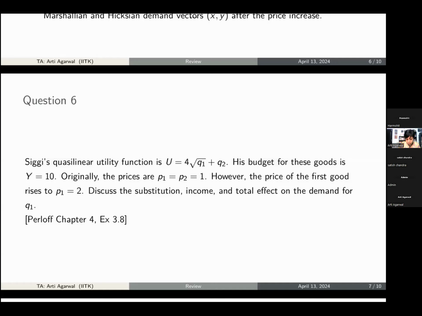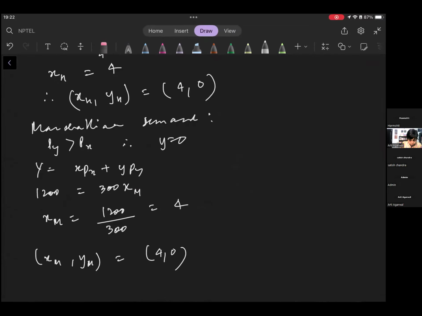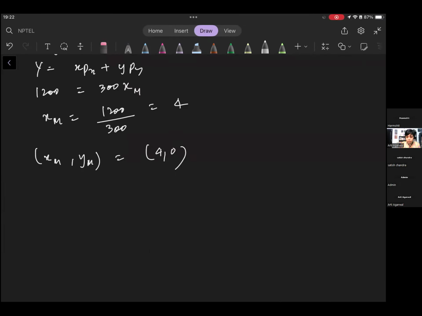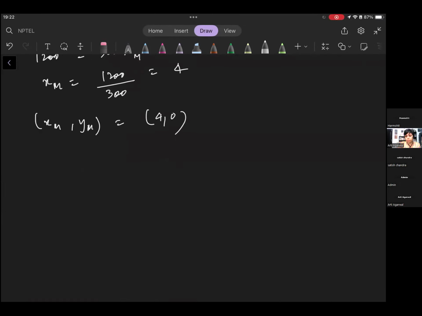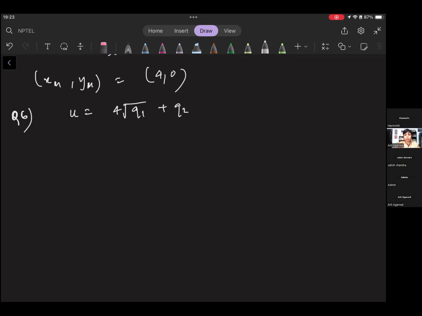Okay, let's start. Let's write the function again. This is question number 6, right? Okay. So a utility function is given as 4 under root x1 plus x2. One thing important to remember is that whenever it is a linear composition of consumption goods x1, x2, xy, xz, q1, q2, whatever you want to call it,